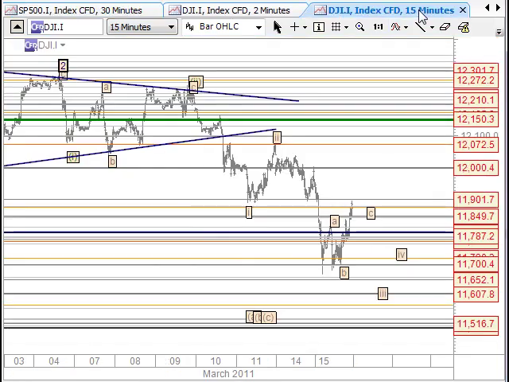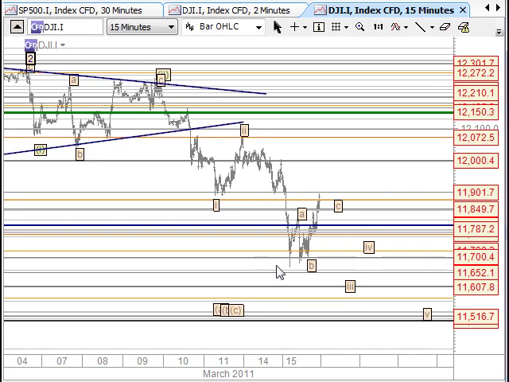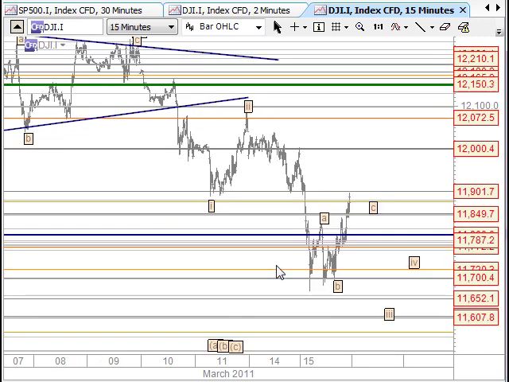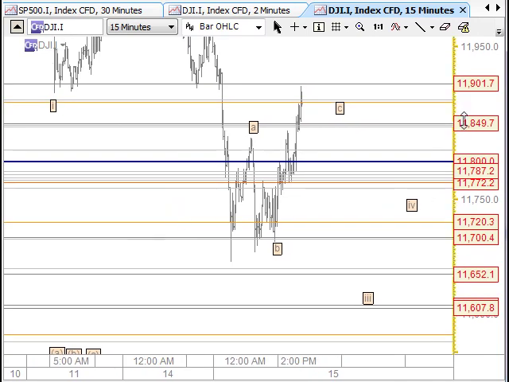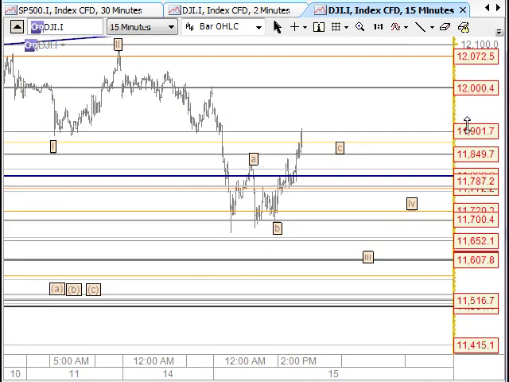I was going to talk about the Dow Jones as well, but it's a little bit messy to get in here. But it's the same situation as with the S&P 500, with that low being the C wave, and looking at a 5-wave structure coming down, which would be down for 1, ABC for 2, down for 3, back for 4, and down for 5. So that's there as well. We just need to see this play out.